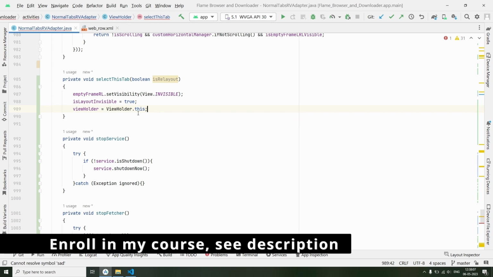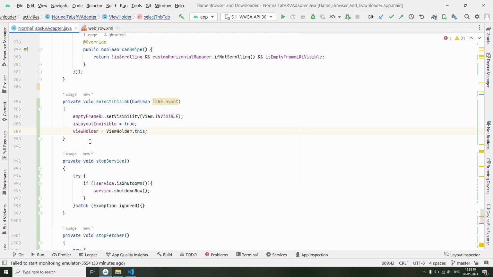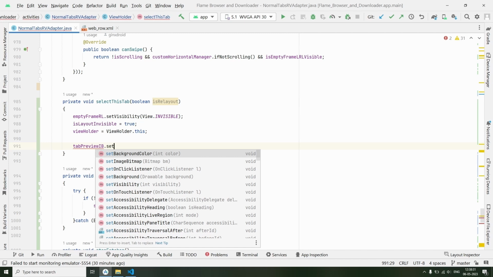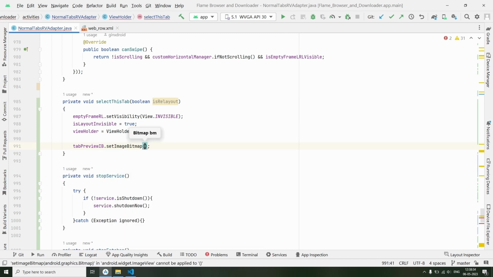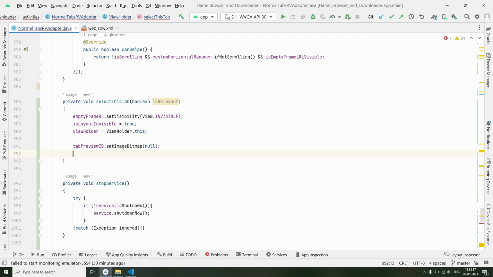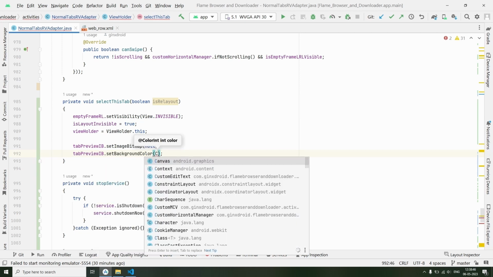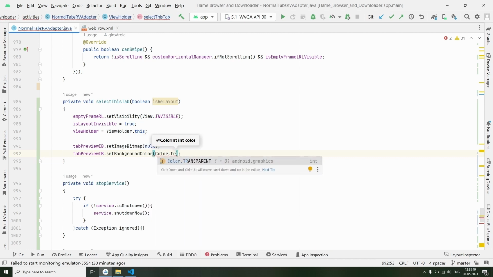So when we select a tab, we are going to instantiate this view holder. We are going to set view holder dot this to the view holder variable, so it will represent the currently expanded tab. Then since we expanded our tab, we will remove the previous image bitmap from tab preview ib using set image bitmap, and we will pass null. So it will remove the previously applied image bitmap from tab preview ib. Thereafter we will set tab preview ib dot set background color to color dot transparent temporarily,